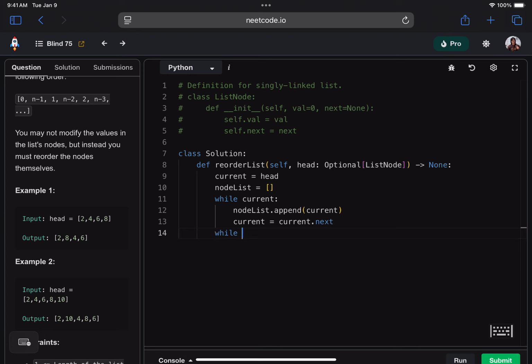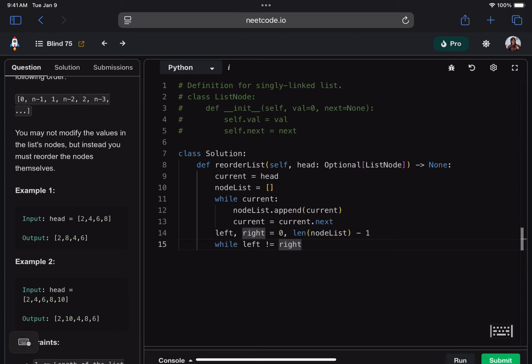I was gonna say while red left does not equal right. And I guess we kind of can do that. Speaking of which, we'll have to initialize these to 0 and length of node list minus 1. So they start at both ends, and we're gonna say as long as they are not the same as each other. I almost think though,